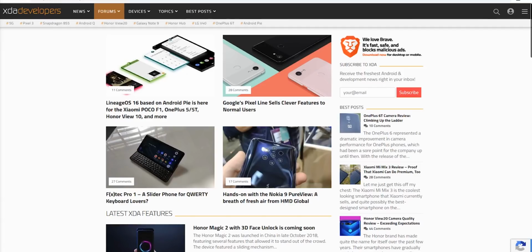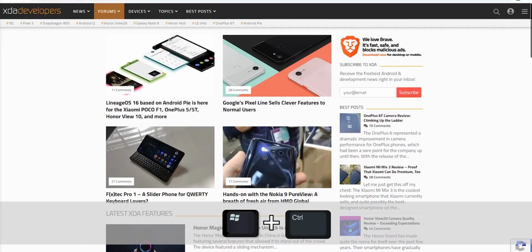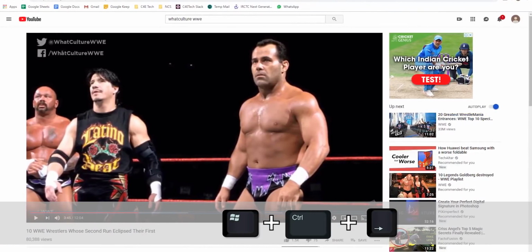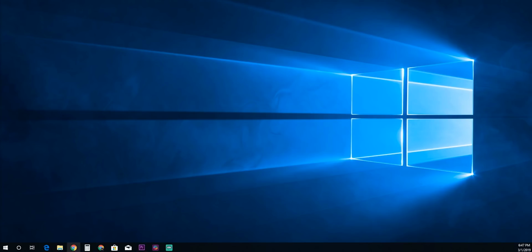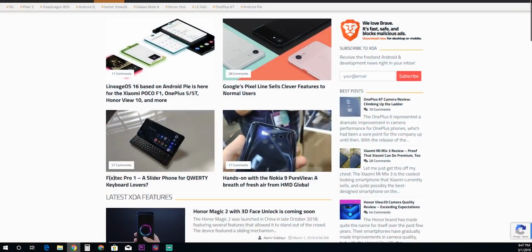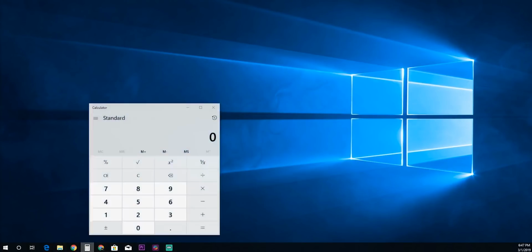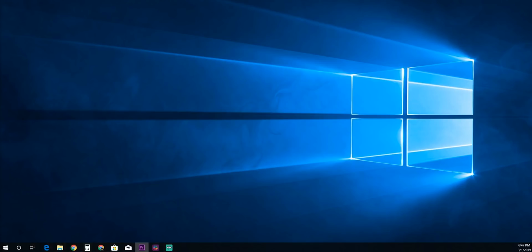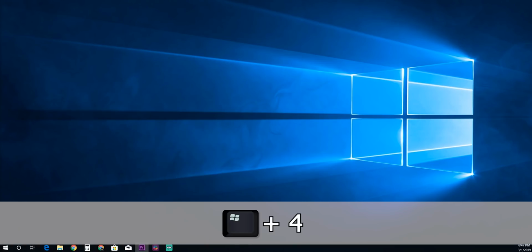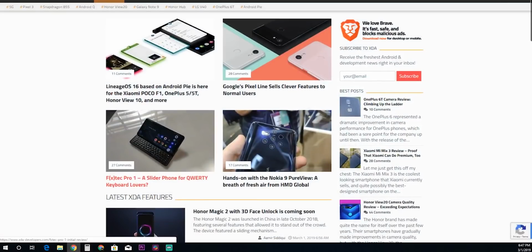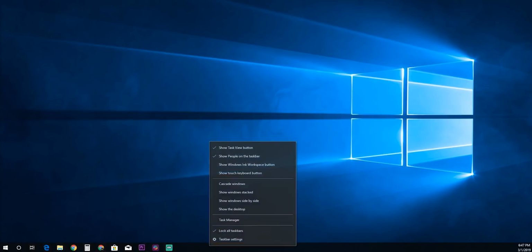And if you press Windows Tab followed by Windows Control and a direction arrow, you can quickly travel between these desktops. Now, did you know that you can quickly launch apps from the taskbar simply by pressing Windows plus the number that the program occupies on your taskbar? Let's say I have Chrome at number 4, so I just press Windows plus 4 and voila, Chrome's up. Another little taskbar trick, you can right click on it to bring up this menu that lets you customize it